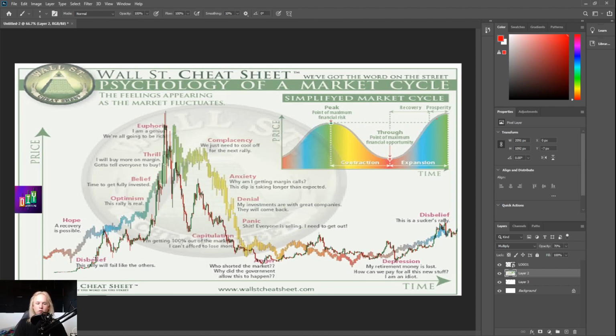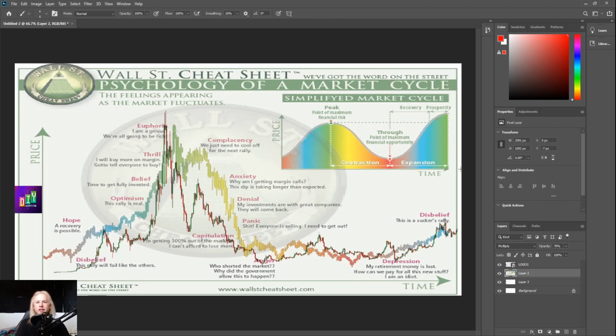Like it states over here, the disbelief phase happens twice. The disbelief phase happens at the bottom of a trend, right before a major uptrend, right? And we're about to see the same thing happen once again. Another major impulse in this next market cycle, which is going to create a ton of profit potential.